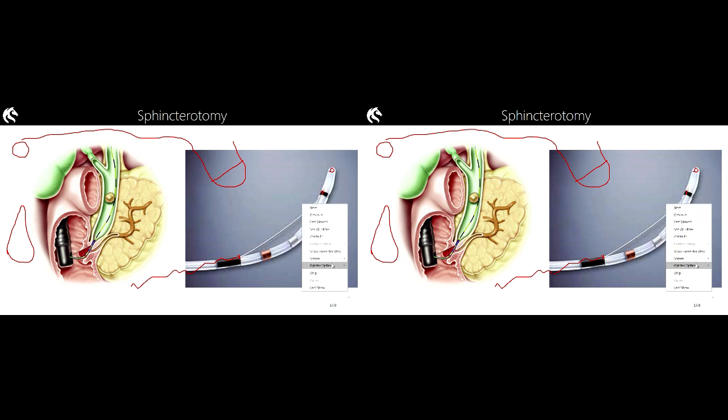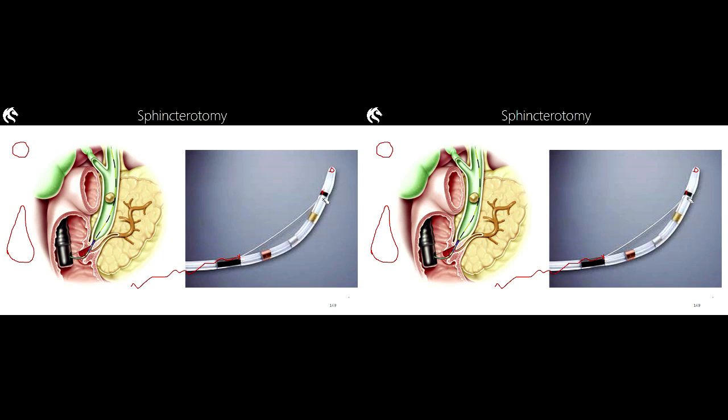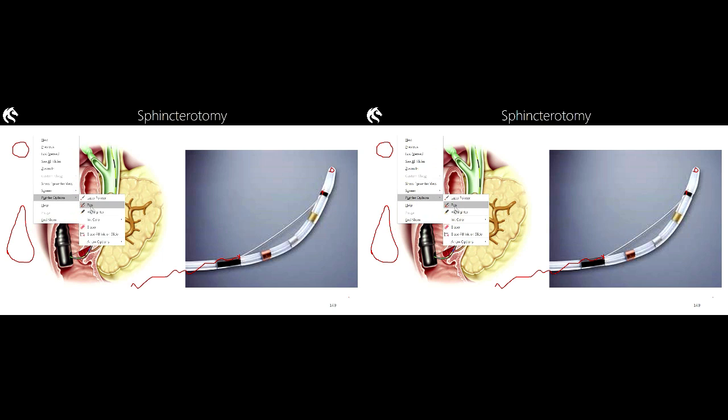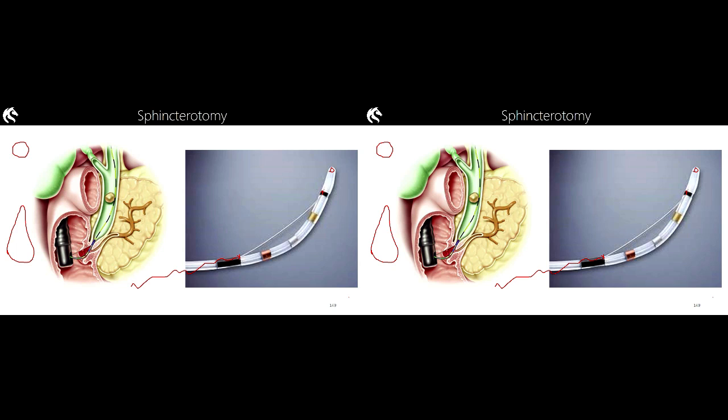So, the more tension we place on the wire, the more the catheter bends. Right, so now we've got something which is approximately like a long bow shape. Straight string, curved bow. Why is that useful? Well, straight wire, curved bow. Place that straight string, that straight wire, against the edge of the hole, and then start